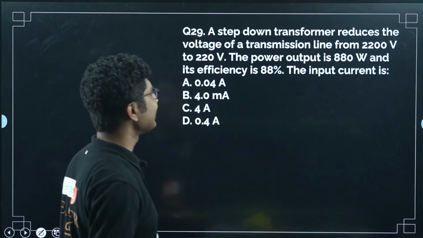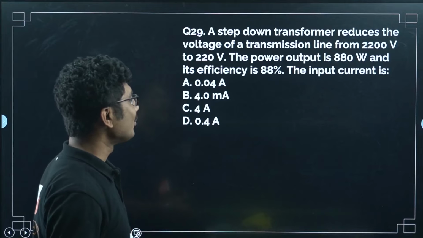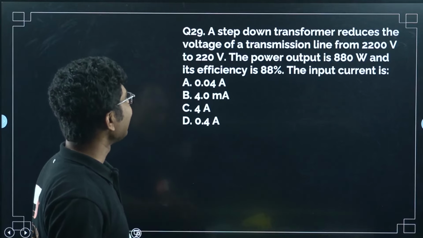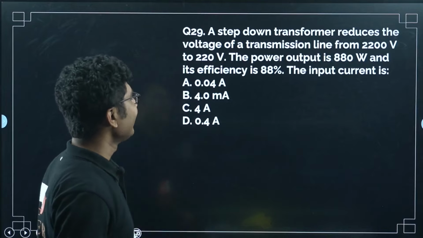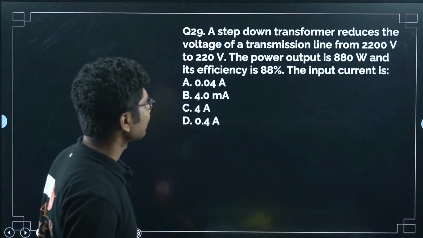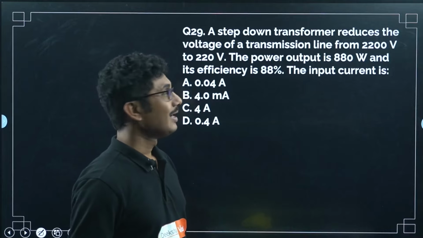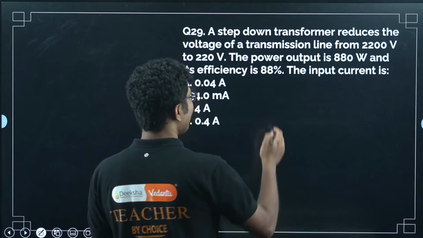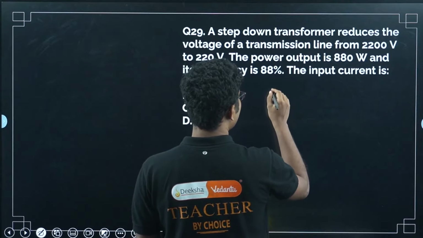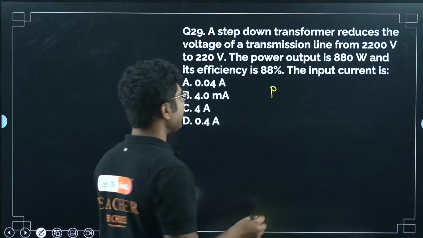They have asked you the input current, and they have given you the output power and also the voltage. Now we know that our power output is 880 watt, right? So if the power input is P,